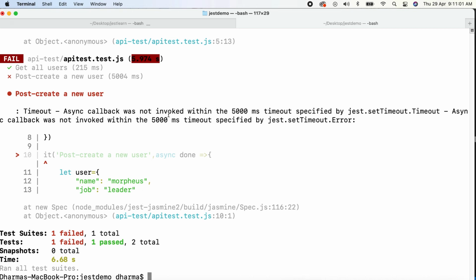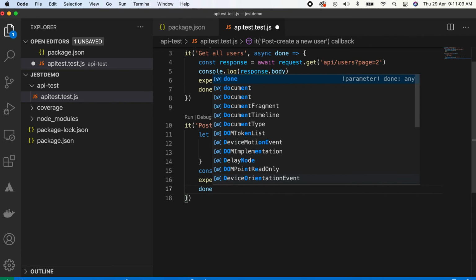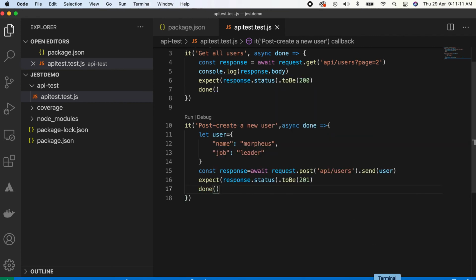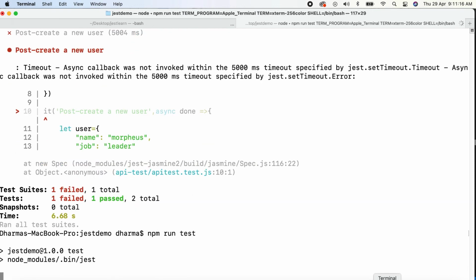Okay, create user failed because async call was not invoked within 5 seconds. Okay, got it now. After it's done, we should call the done callback. Otherwise it will just wait for 5 seconds. That's it.